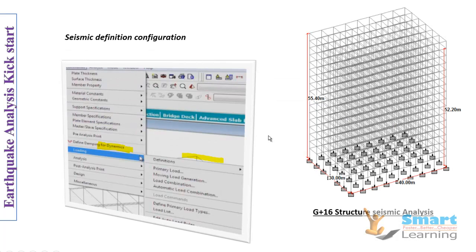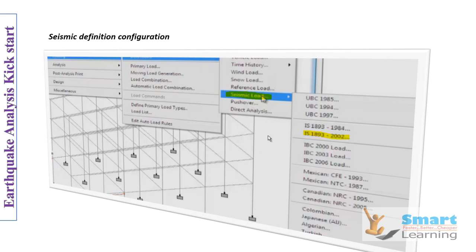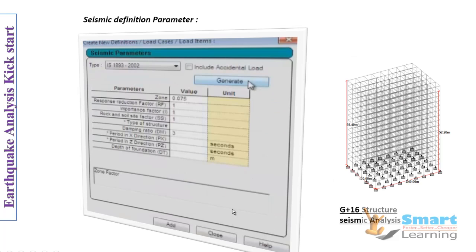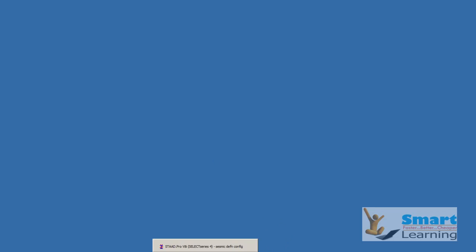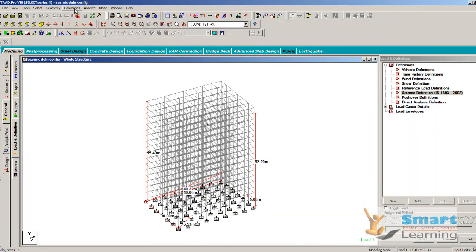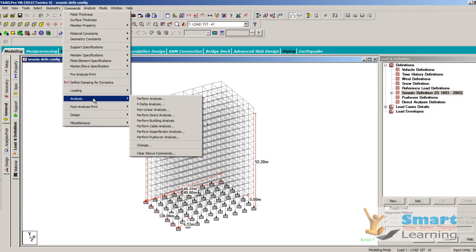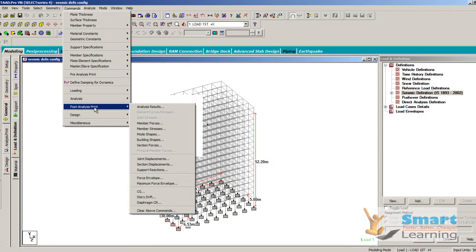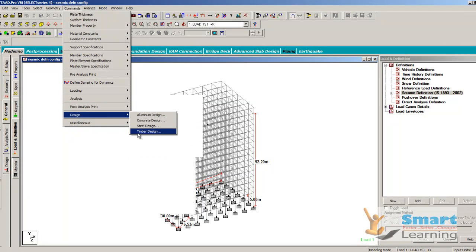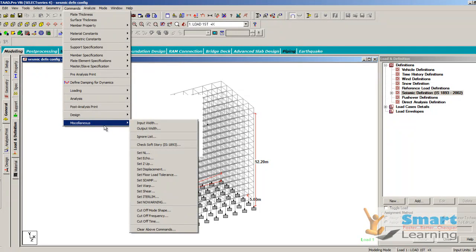So let me come to the comparison part and how you can define this, and then how to get this seismic definition parameter dialog box, that I will show you. You can go to the post analysis print, and here you can see the different configurations, and when you go to the design, here you have the tab, and also a couple of different parameters.